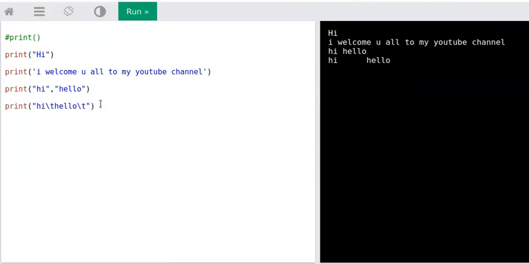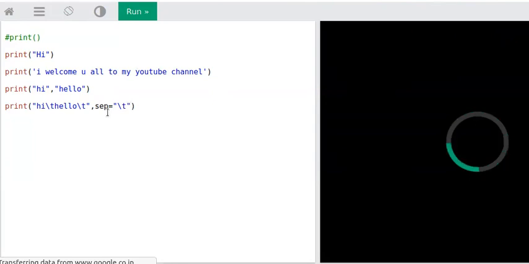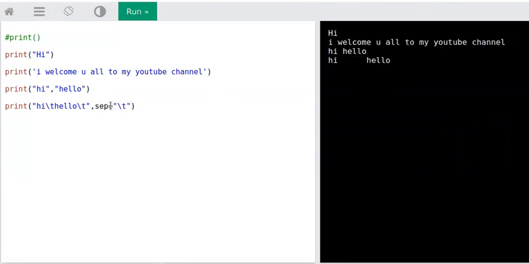So you can have a separator kind of a thing also, wherein you can include whatever separator you want to have. Here it is tab. If you do not give it, by default it is going to treat the separator as a space. The default value for the separator is that, and they have abbreviated it as sep.